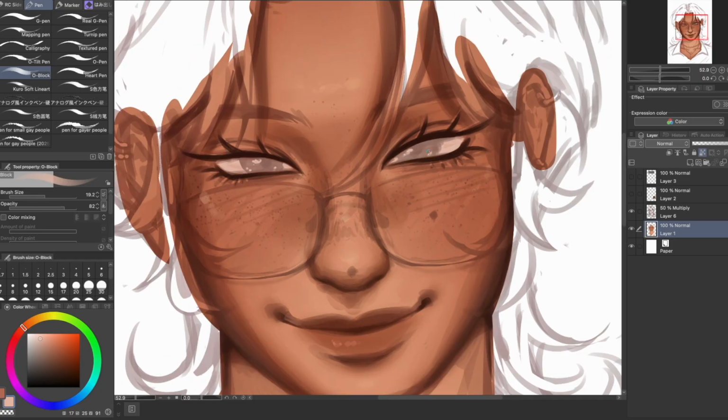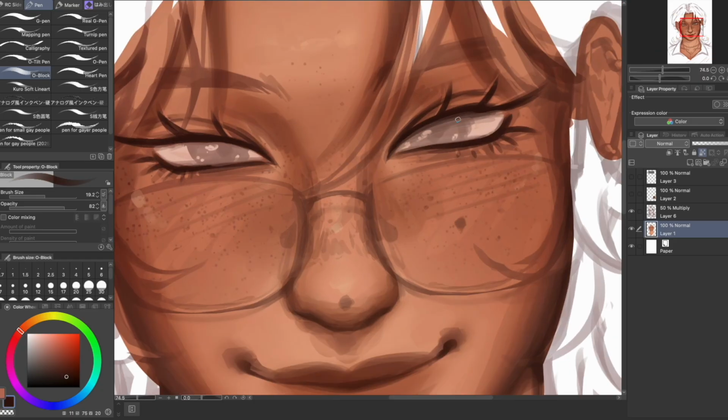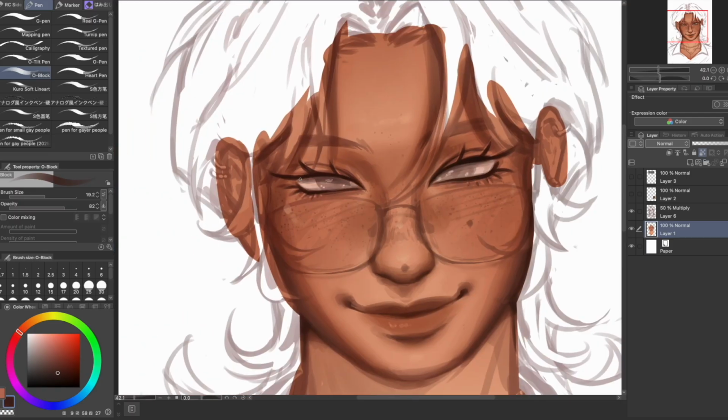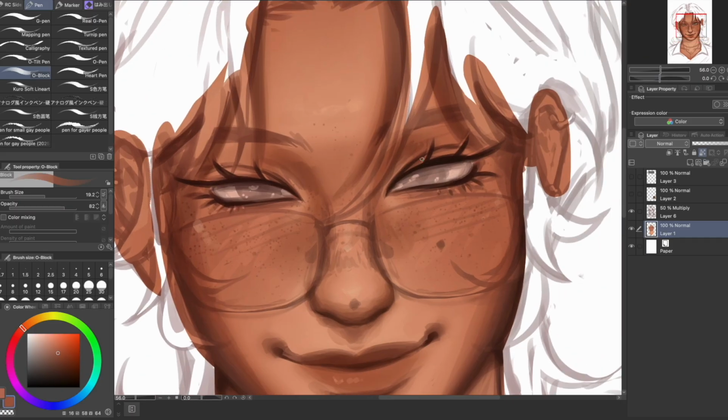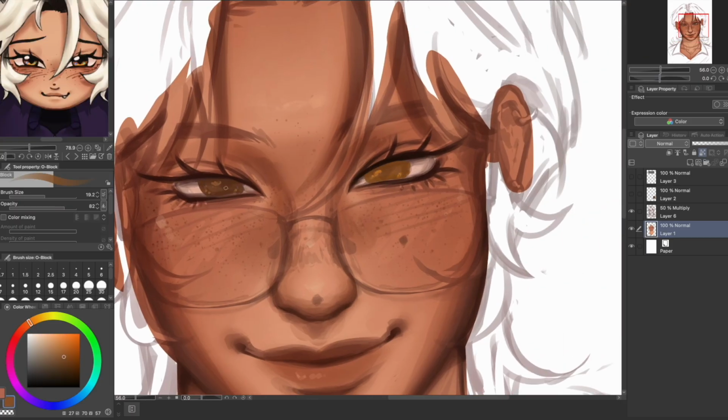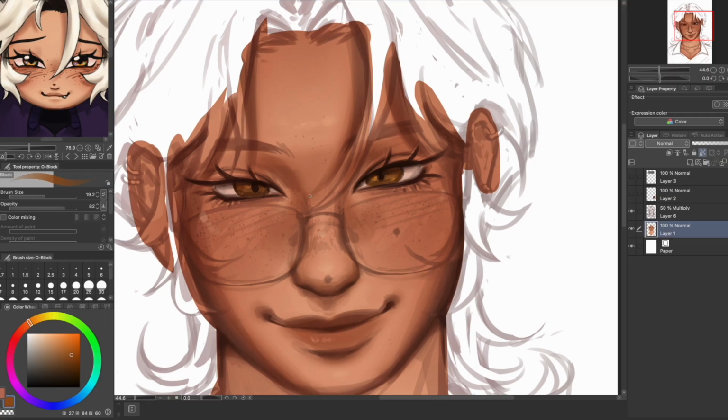I don't really know exactly what the scientific reason for ambient occlusion is, but I'm really sure there is one. But once you've done that, you can also start blocking in the rest of your face. I'm doing the eyes here. Try to steer away from